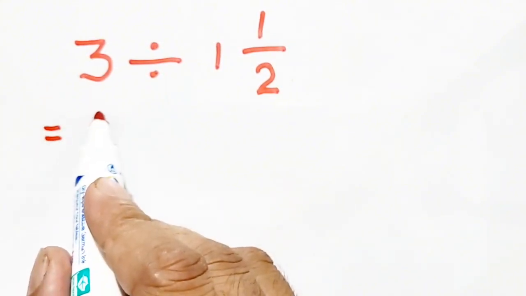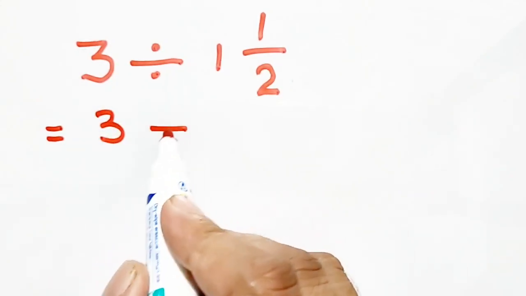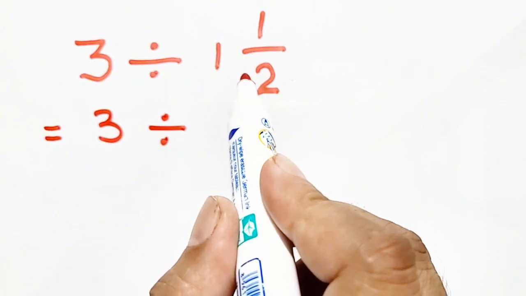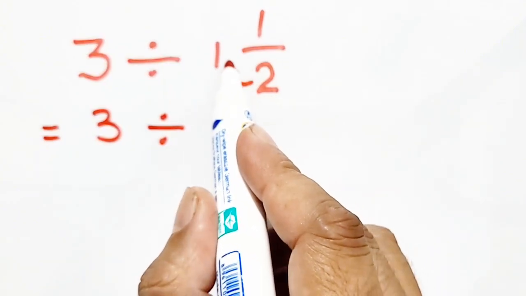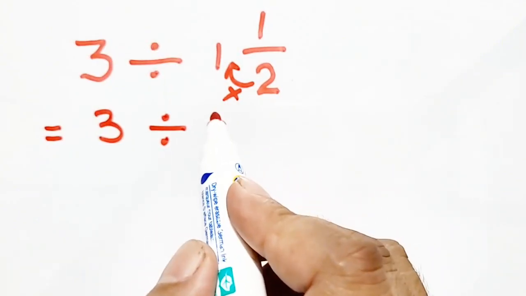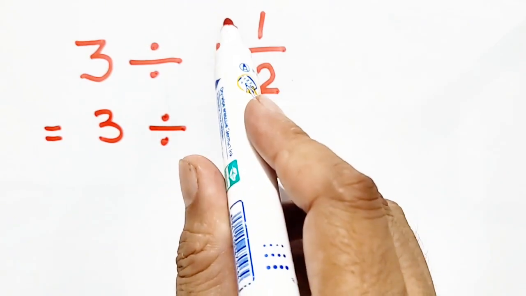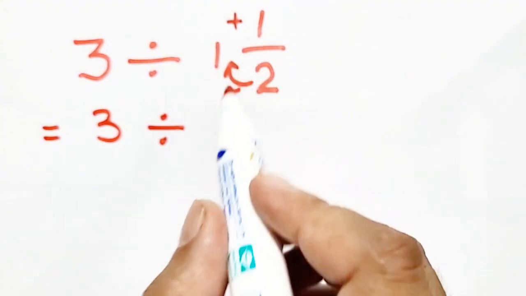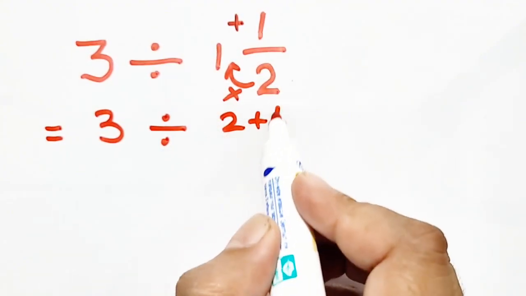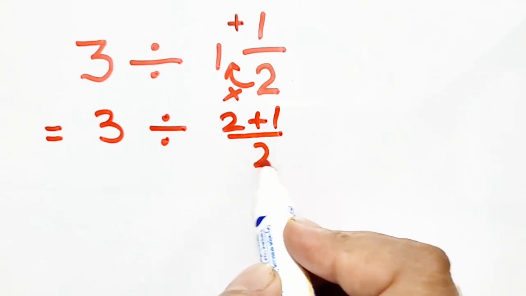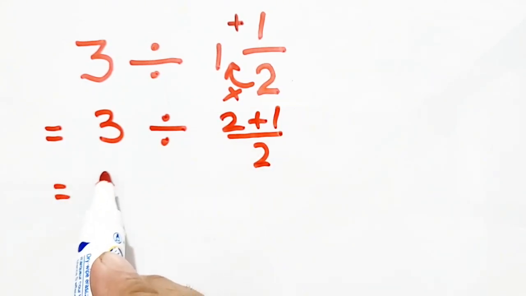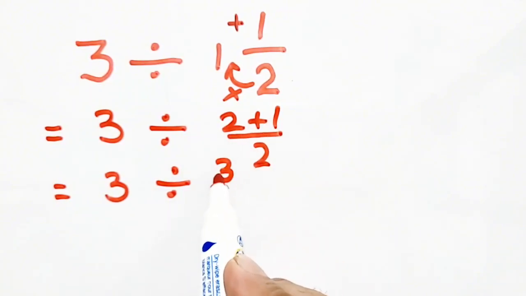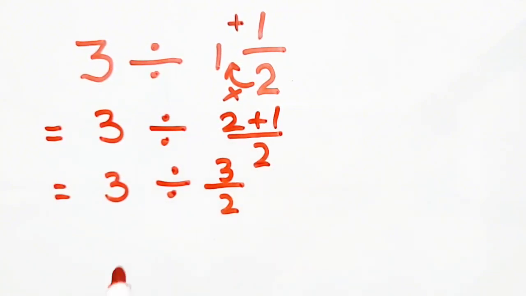The first step will be 3 divided by, we will make this mixed number into an improper fraction. So 2 is first multiplied by 1 and then plus 1. So 2 multiplied by 1 is 2, plus 1 divided by 2. So it will be 3 divided by 2 plus 1, 3 by 2. Now apply